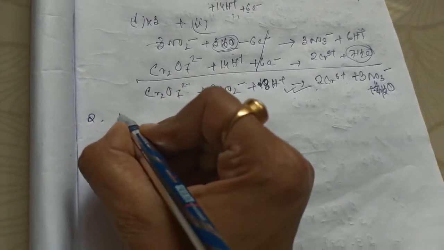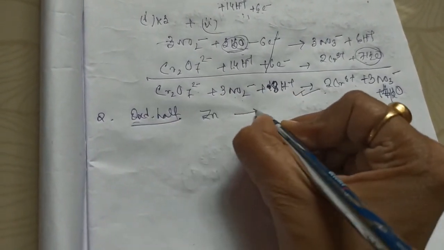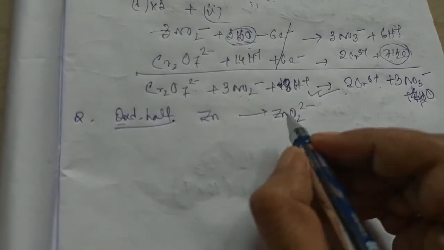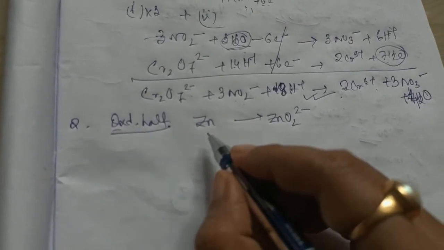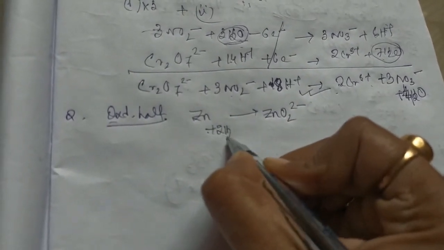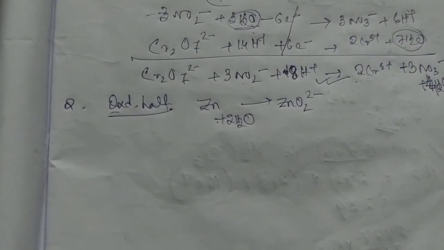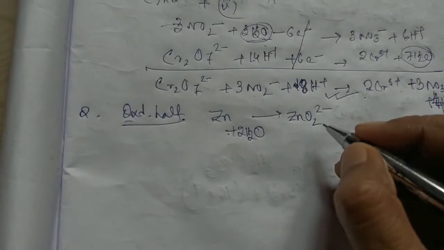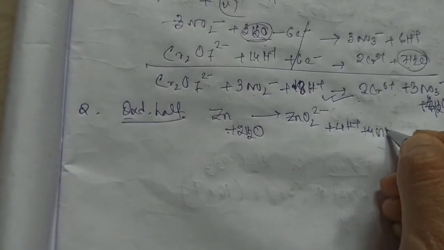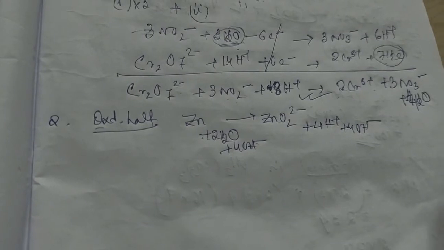I am just showing you. First, suppose we take the oxidation half, zinc to ZnO2 2 minus. See, as initial steps are the same, balancing of atoms other than hydrogen and oxygen, zinc is balanced already. Oxygen here 2, so we need to give 2 water molecules. Now you can directly add OH minus here, but what I do is I initially add 4H plus, but then and there I add the same number of OH minus on both sides. What happens in this way? You need not think in a different way.